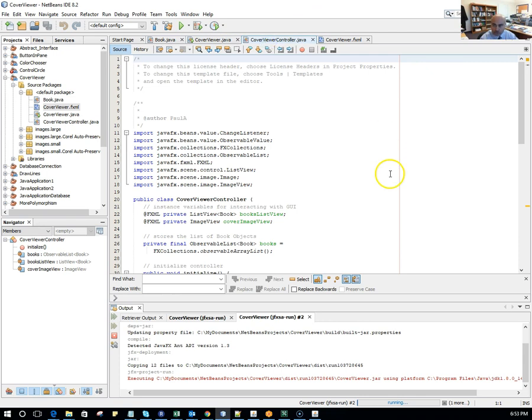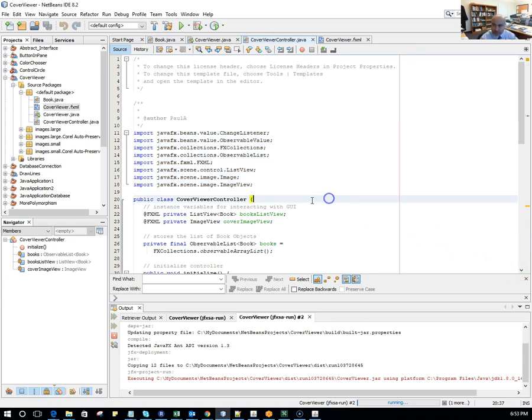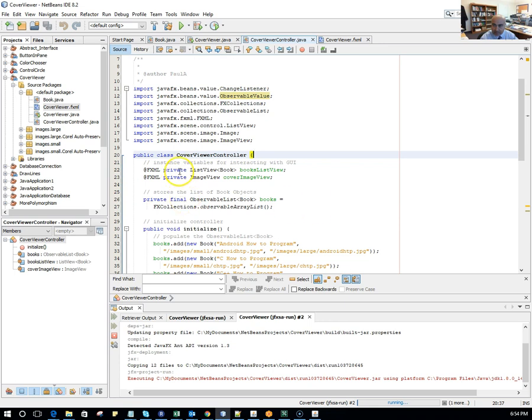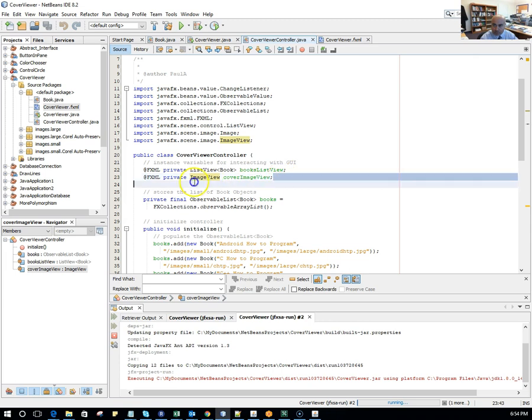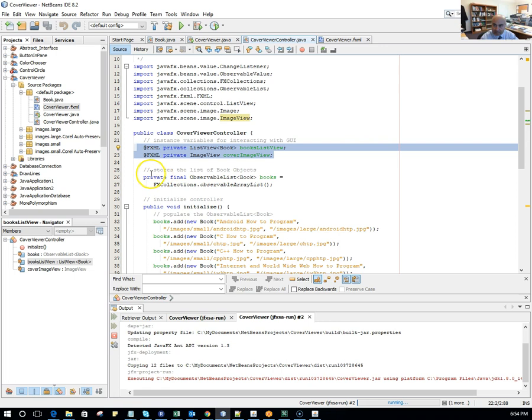Now let's look into the controller. This is where the meat comes in. So all these files that I bring in, as you can see over here, image view, observable list, change listener, observable value, okay, and then here is my list view, image view. So remember, this was coming from my skeleton, really nothing there as much, but then I have this observable list,